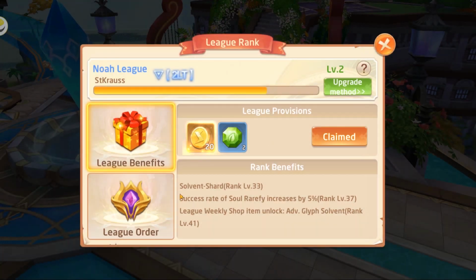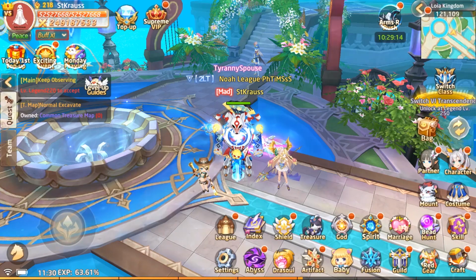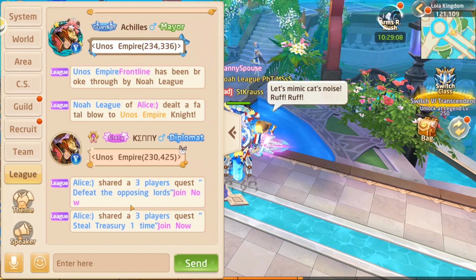All right, so with that, let's talk about League Orders. League Orders are a new daily quest-like system, which gives you 2 League Orders that you can carry out, or you can issue or share, and you can also receive 3 shared military orders by camping in the League channel right here